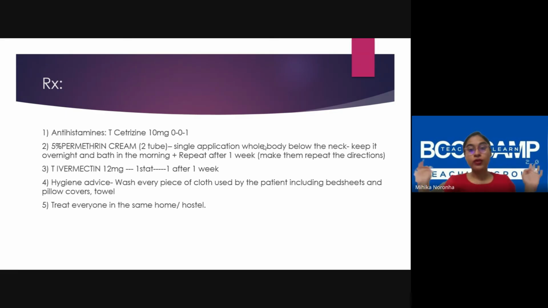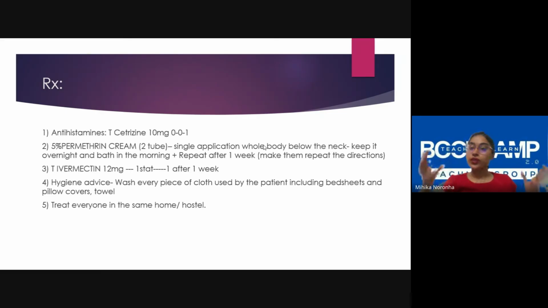You can give one tablet to everybody, because in the morning if everybody has to apply this and wash it off, in hostels where they can't reach unreachable areas, ivermectin tends to be better for people living without support compared to permethrin. But again, be careful for old age homes where they're on psychiatric medication, sedatives, sleep medication. It can have drug-drug interactions. You do not have to give both. You can give one. Giving both tends to be people being cautious because people just do not apply permethrin properly.